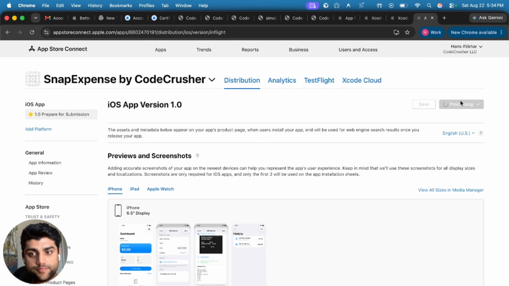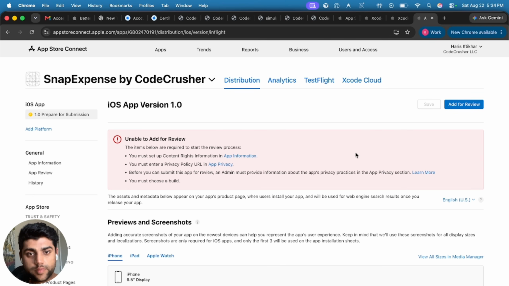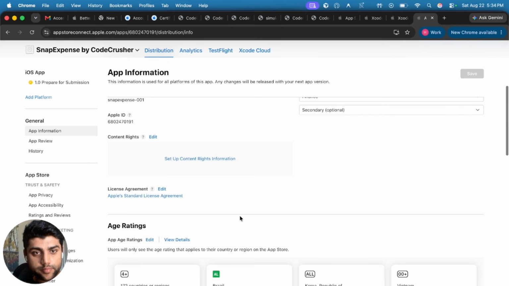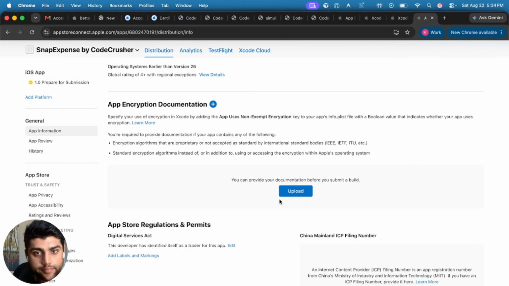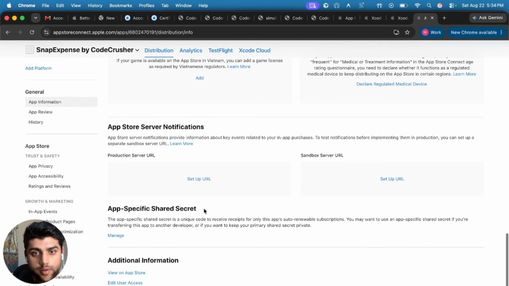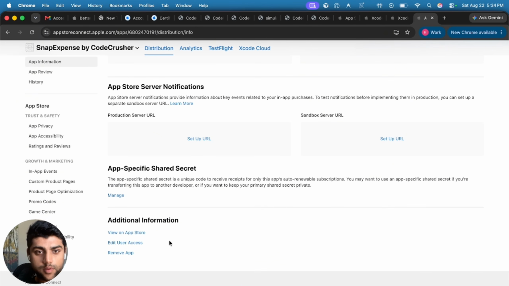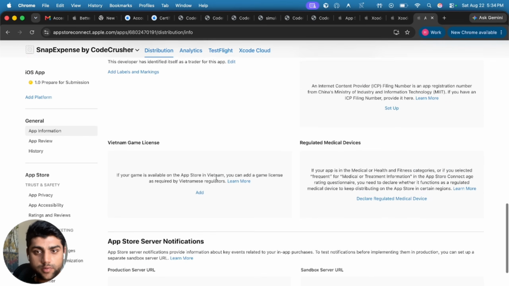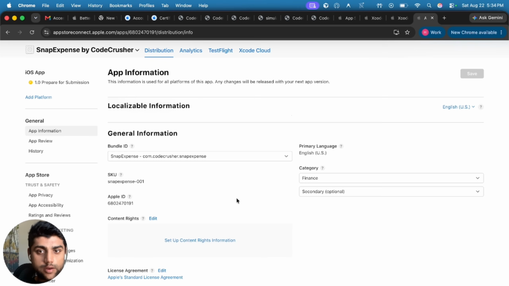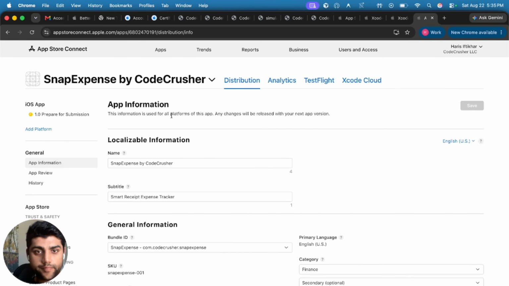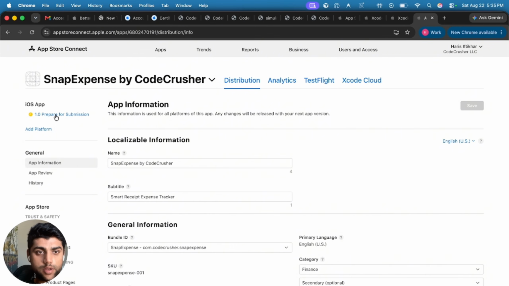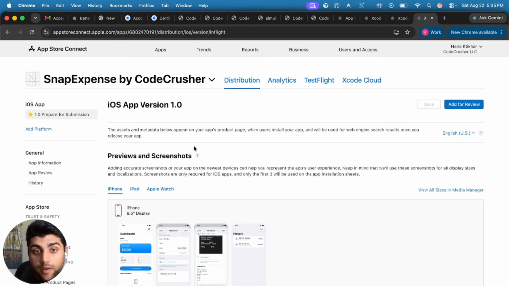Add for review. Content rights, app information. Add encryption documentation. Set up server, production server URL. I don't see the, all right, so cancel this, go here. Okay, so